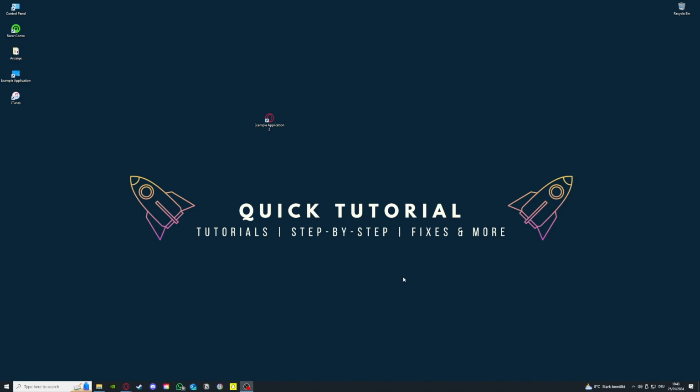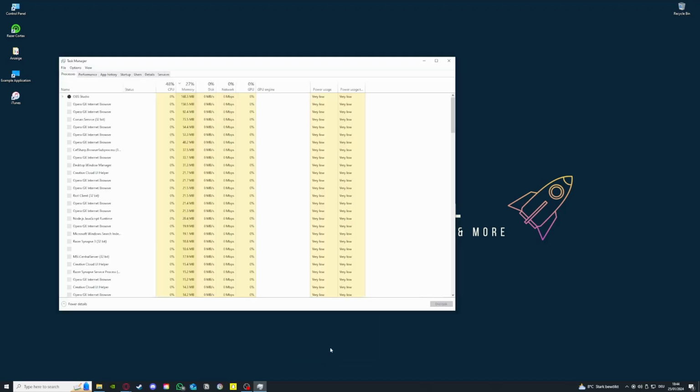Before we get into the video, I just want to say that I will show you some easy fixes that you might already have tried, for example, a restart. That's the first thing I'm going to mention, and later on I'm going to go more into the complex fixes which might help you prevent the crashing of the program. So let's start. First of all, I want to recommend you to open your task manager and check